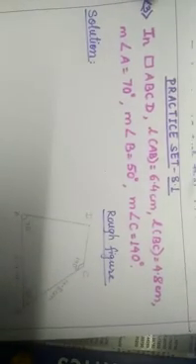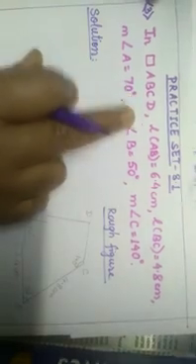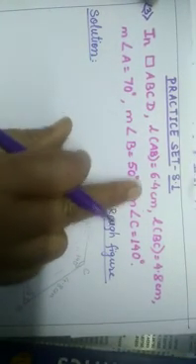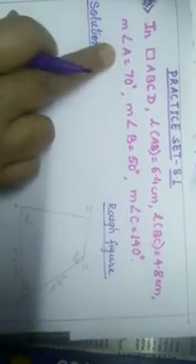Now let us start the next question of practice set 8.1. That is the third question, isn't it? See the third question. In quadrilateral ABCD, length AB is equal to 6.4 centimeter, length BC is equal to 4.8 centimeter, measure of angle A is 70 degree, measure of angle B is 50 degree, measure of angle C is 140 degree. So here how many angles are given? 3 angles are given. So in this way we have drawn a rough figure.